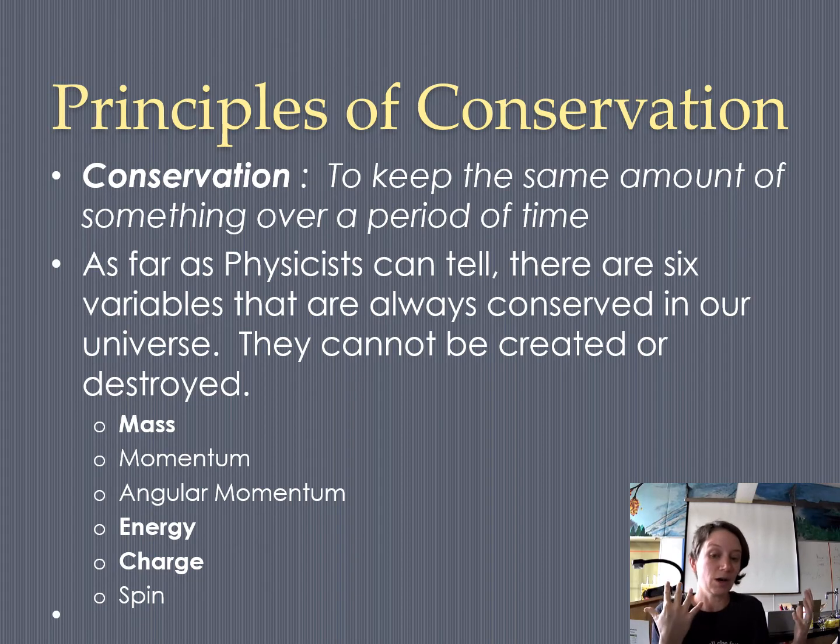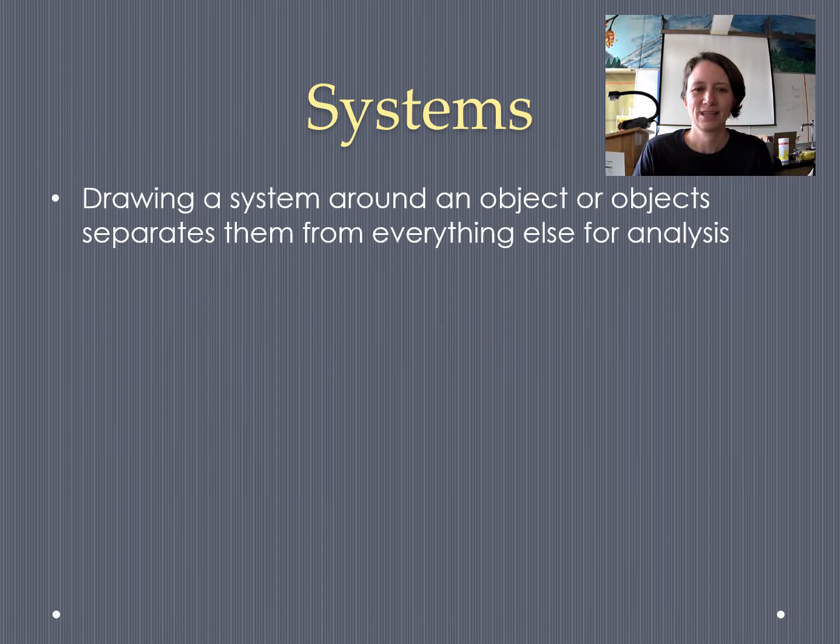That means all the other variables in the universe, velocity and acceleration and time and all these other things are not actually conserved. Those things are changing day to day. So when physicists are trying to figure out what's happening with our conservation principles and variables that are being conserved, they often use a tool called a system to help us separate objects from the rest of the universe so that our analysis is simpler, because this is a complex area and we only want to deal with a few